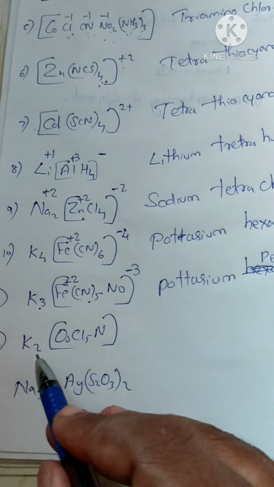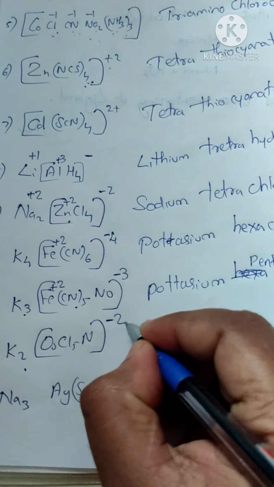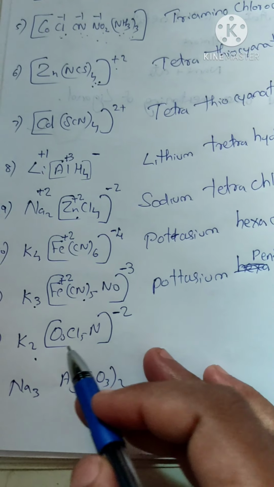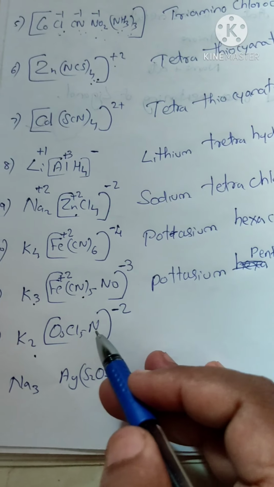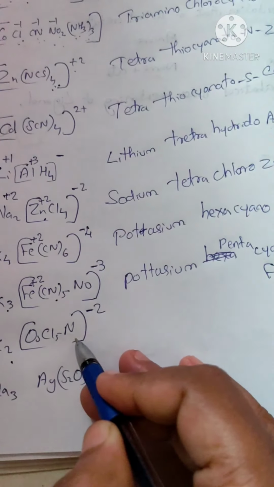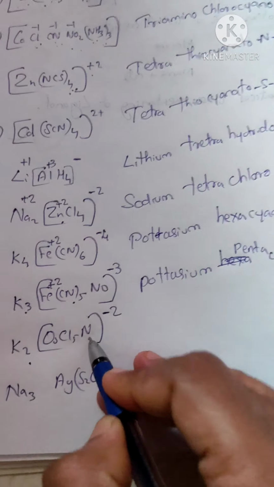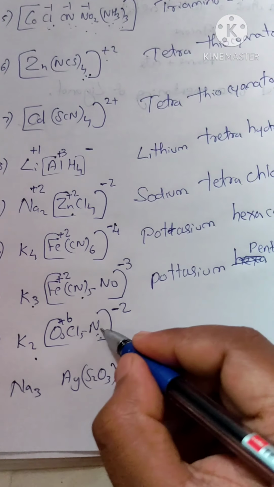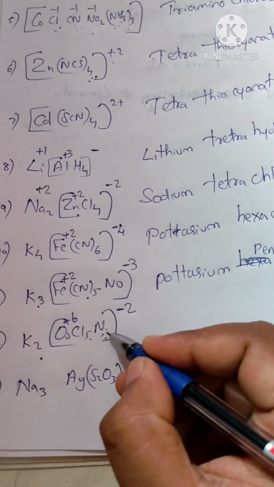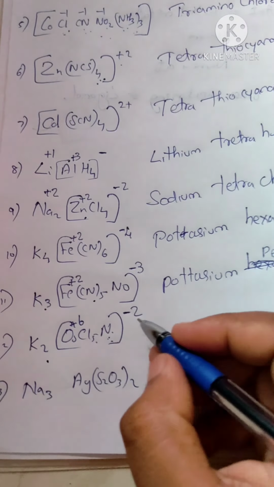This one is a potassium based complex, so this is minus 2. Minus 2 means the charge of the ligand; here chlorine is minus charge. So 5 chlorine will be there, and then nitrogen is there. Nitrogen here, the ligand is considered as nitrido. So the oxidation state of osmium is plus 6. Plus 6 means the 3 of the nitrogen and 5 of the chlorine, we will be having 8 minus charge and 6 getting cancelled. So 2 minus charge.